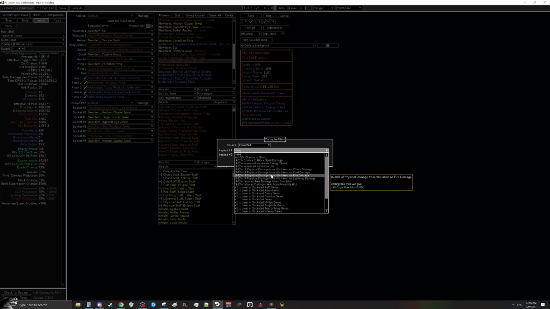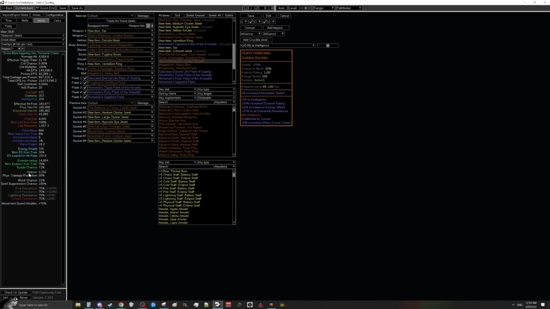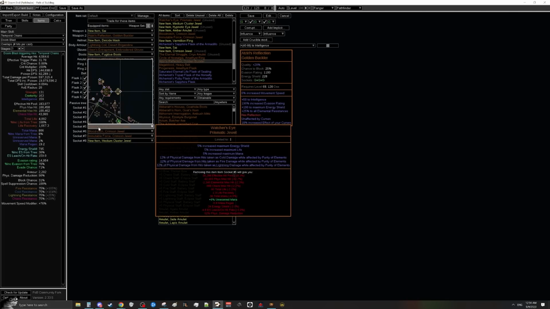Now, these only go to 8%, so they will not fully make up the 12% from Watcher's Eye. So you'll be like 96, 97% converted, but honestly, that's going to be more than enough since you have 2,000 armor. And at 96, 97% conversion, this 2,000 armor is effectively like 100,000 armor. So it should be more than fine, but I am adding this in just to let you know that this